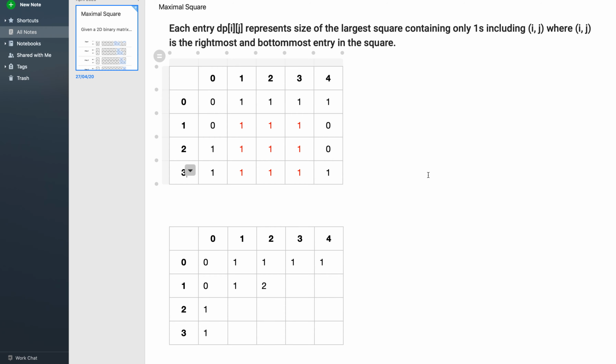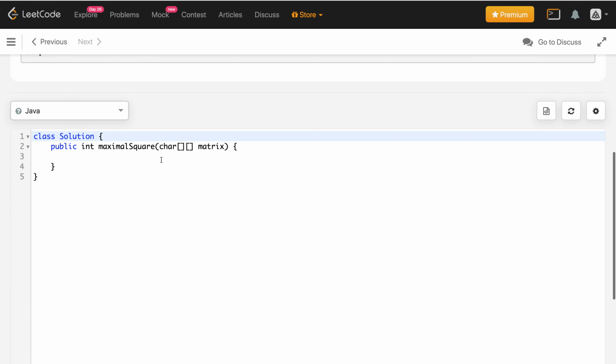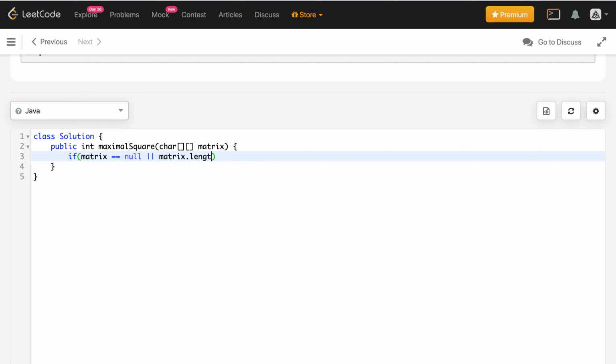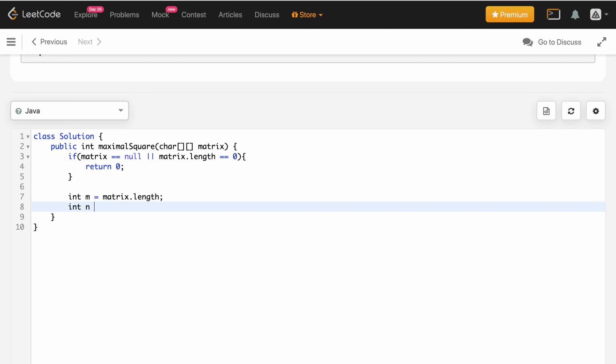Let me write the code for this and then things will be more clear. First check for the null condition, that is, in case matrix equals null or matrix.length equals 0, you can simply return 0. Let us define two variables, m as matrix.length and n as matrix[0].length.